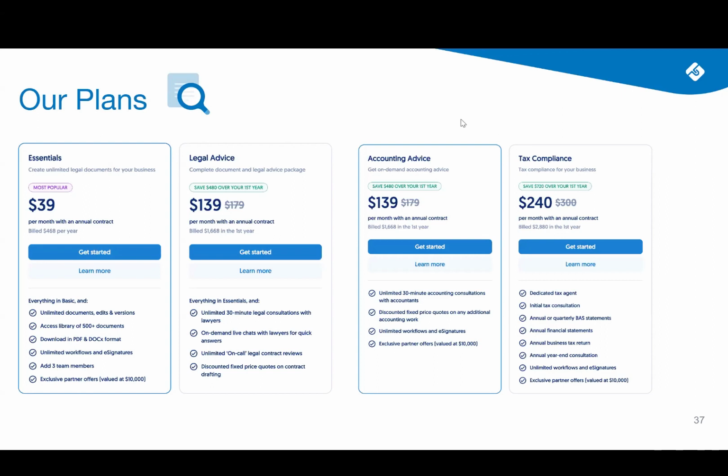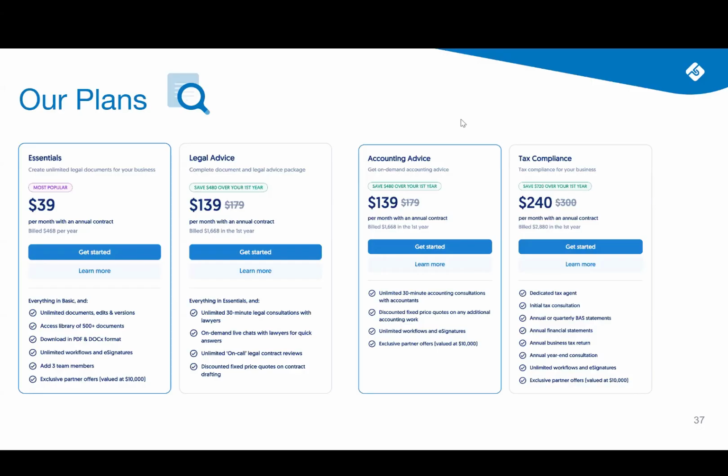Now, if it's tax minimization and strategies and deductions, business structuring and restructuring, GST, PAYG, crypto tax, capital gains, the list goes on, payroll, bookkeeping, BAS statements and tax lodgements, then naturally the accounting and tax will be helpful as well. The accounting is separate. Most people, when they hear accounting and then tax, they think the two are together. We've actually split the two up to, I guess, cater to those who might be more proficient with their own taxes and BAS statements, or those who actually have a pre-existing accountant or someone who already assists them with,